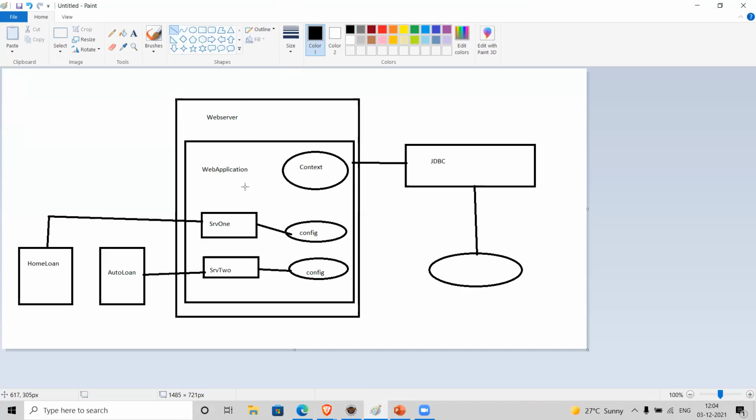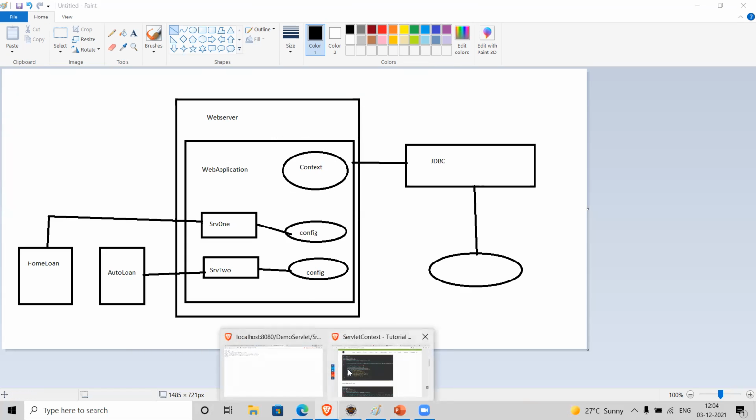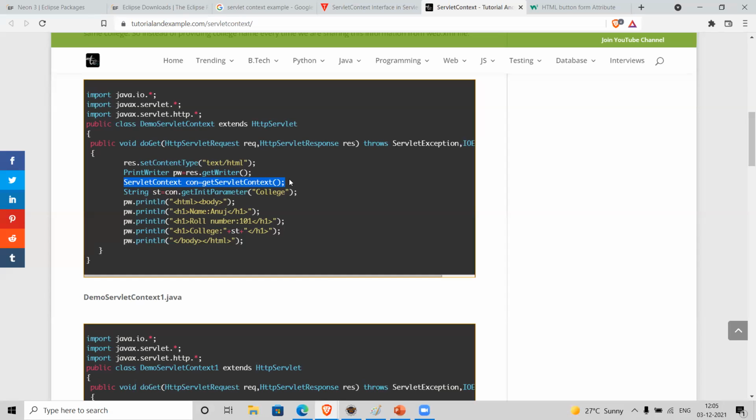So the web server is the one who creates the context object. When we bring up this application, the web server will automatically create this context object. That's why we are directly calling getServletContext.